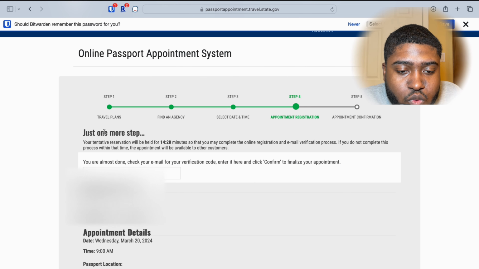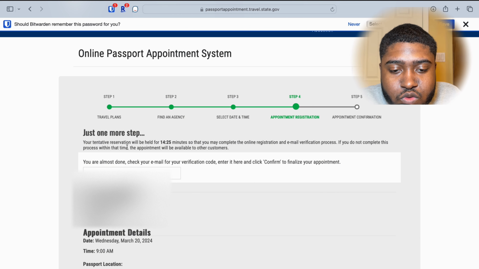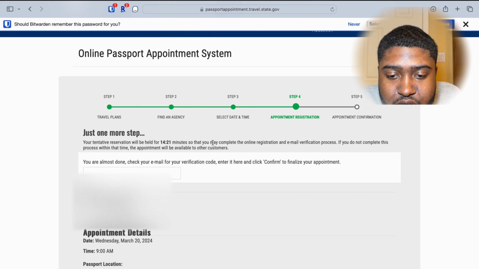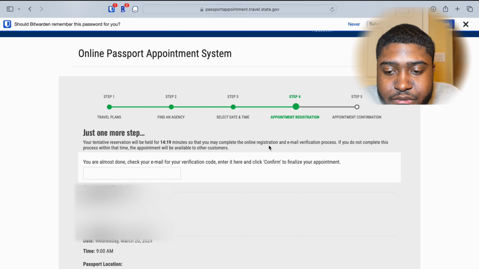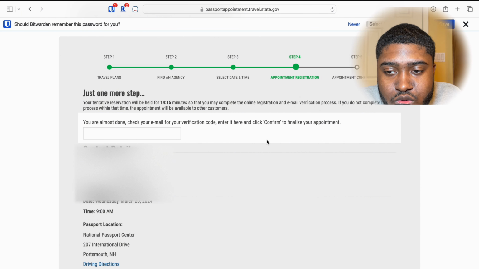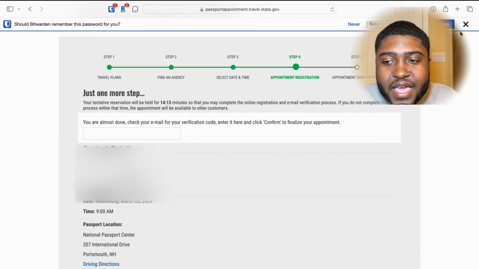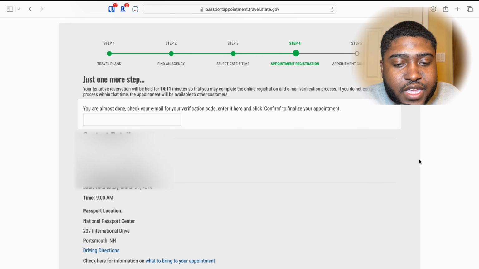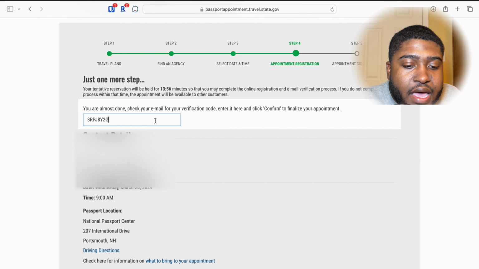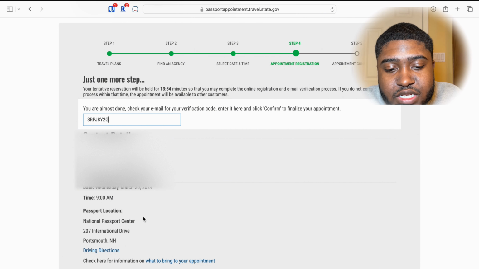And then it says just one more step. Your tentative reservation will be held for 14 minutes and whatever seconds, so you may complete the online registration. You're almost done. Check your email for a verification code. So again, let me check my email so that I can get that verification code. So once you have that verification code, you can paste it in and you can review all of the details